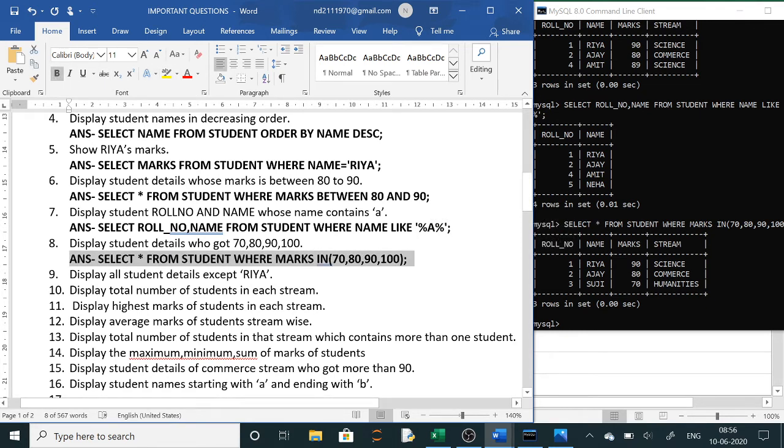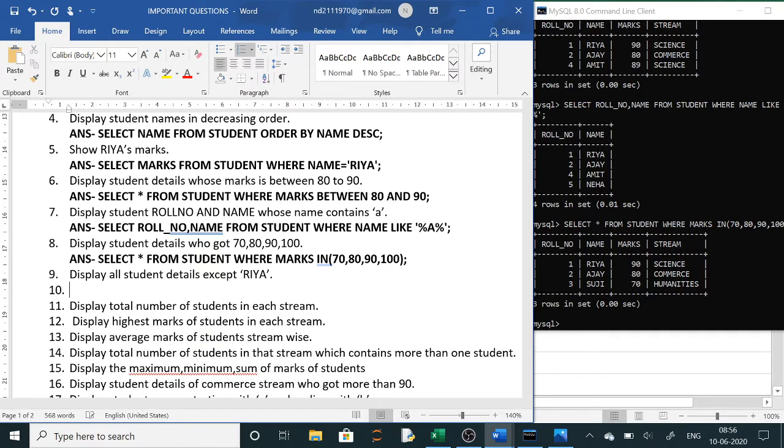Now next question we are solving, display all student details except Ria. So except Ria means we will write the answer as, here you can see, check the answer first. Except Ria, that is name not in Ria, or not equals to Ria.